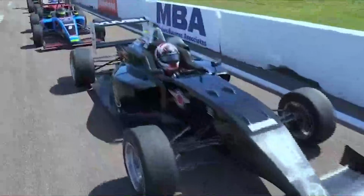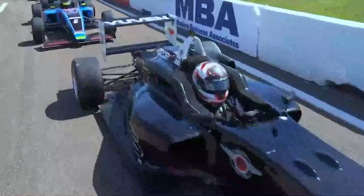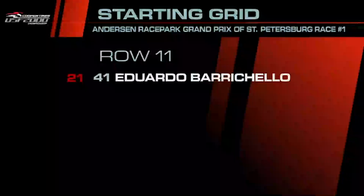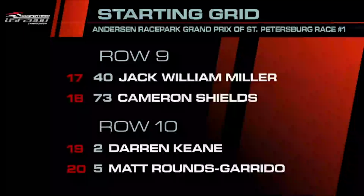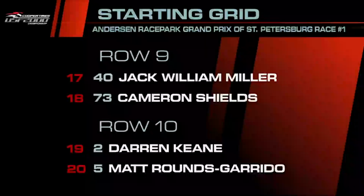Starting in the 21st position, driver out of England for J. Howard Driver Development, it's Matt Round-Garrido. And row number 10, in 20th and 19th, trouble for both of these drivers in qualifying. It'll be Eduardo Barrichello starting on the outside of row number 10, alongside Darren Keene, driver who qualified on pole